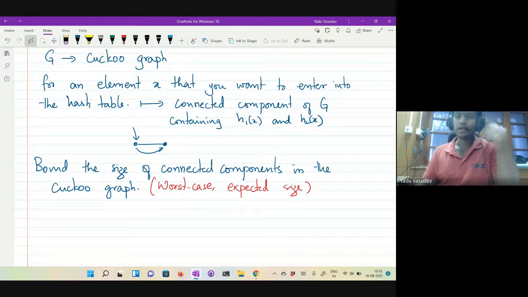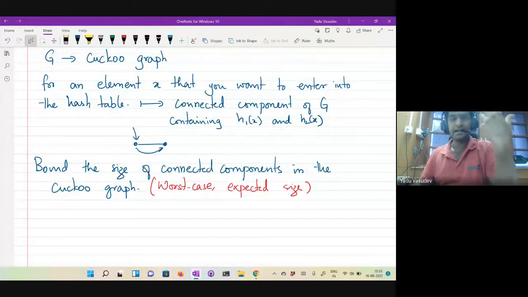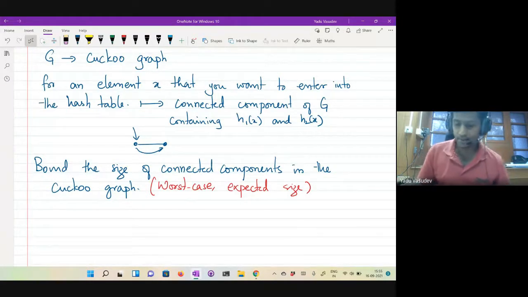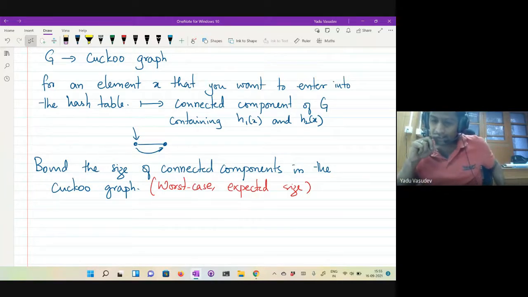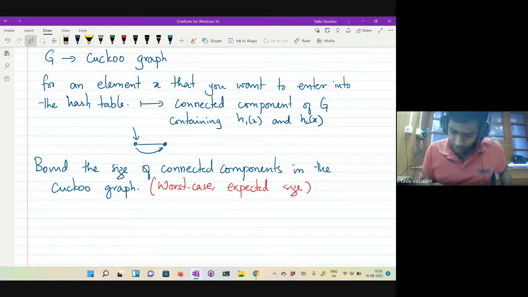So let's look at some cases where you can actually enter an element into this table and when you cannot. Let's look at the first case.